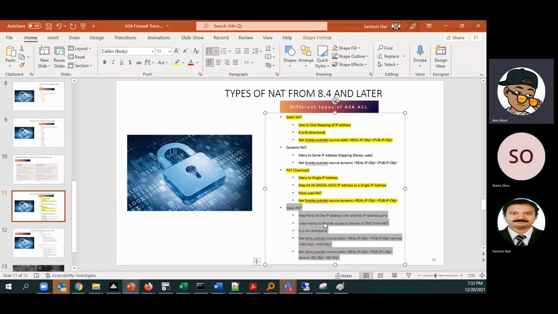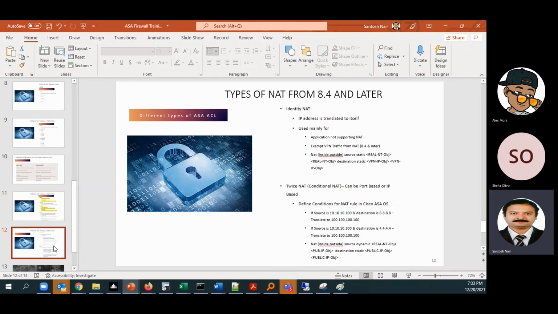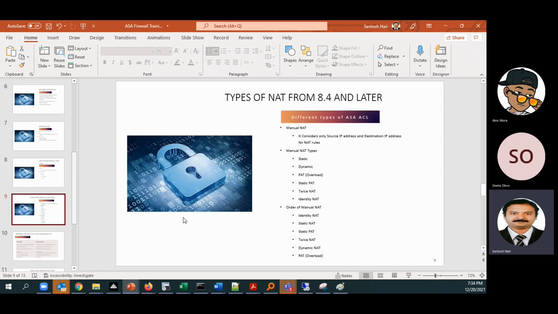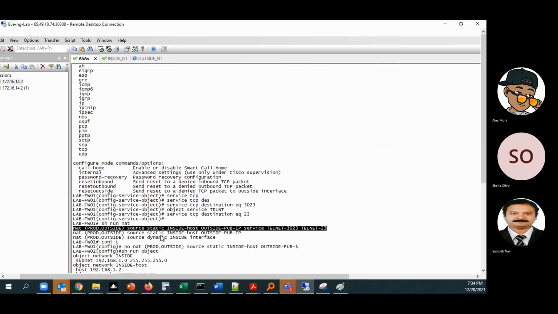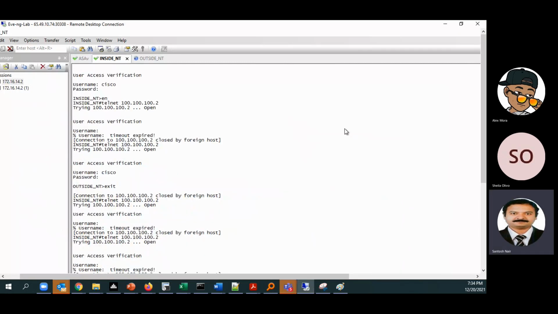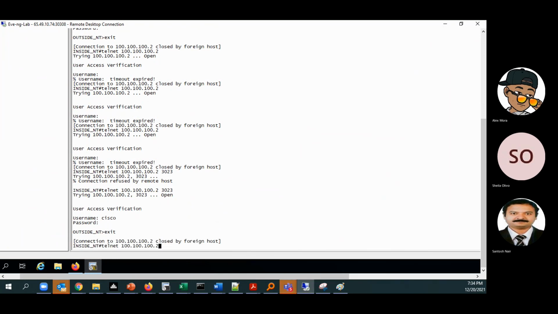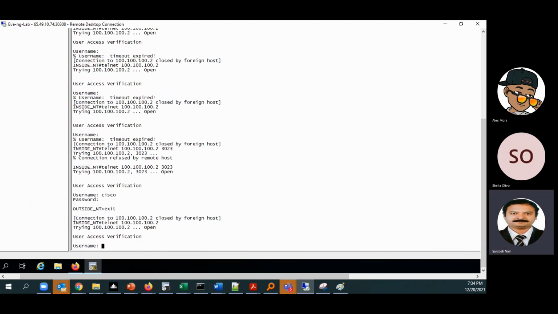All right. Okay, and now if you see in the order actually, what is the order of NAT? The order of NAT is static PAT has to come after the NAT. So if you try to do a normal NAT, that will work, I think, but usually it has to come second in order. It's working.